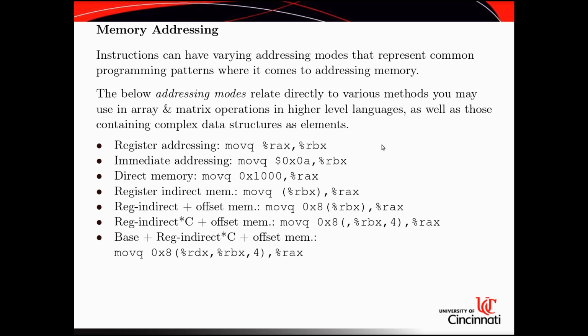The most straightforward one, or the simplest one, I would say, and the one that typically results in the most compact instructions, is register addressing. And because of that, that means that a lot of times when you write C code or C++ code and you are dealing with